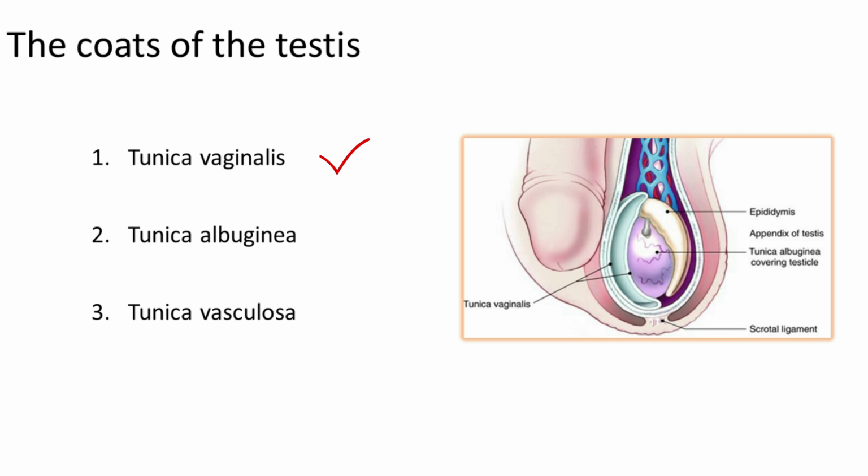Tunica vaginalis covers the testes on all sides except the posterior border. Tunica vaginalis has two layers, visceral layer and parietal layer. Between these two layers, there is a small amount of serous fluid that prevents friction and